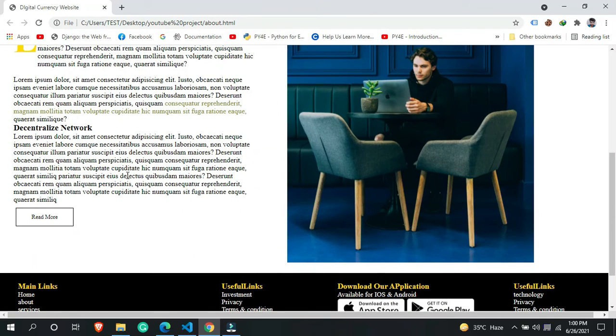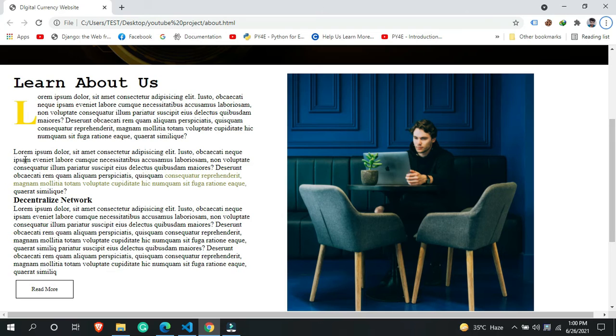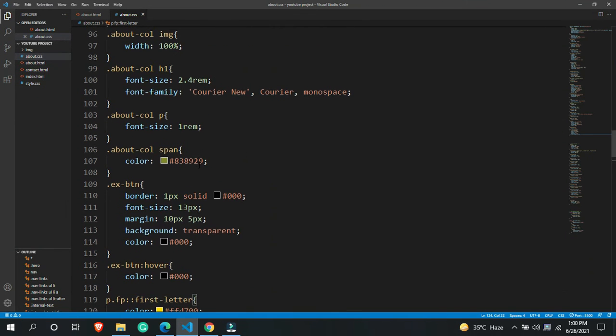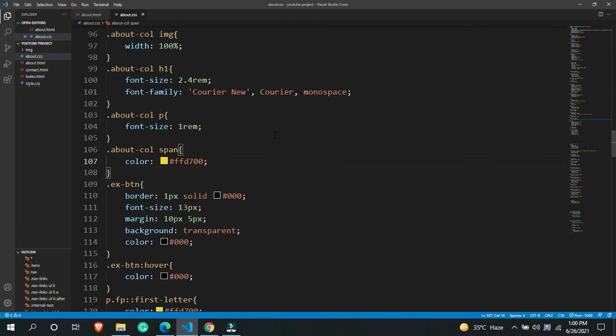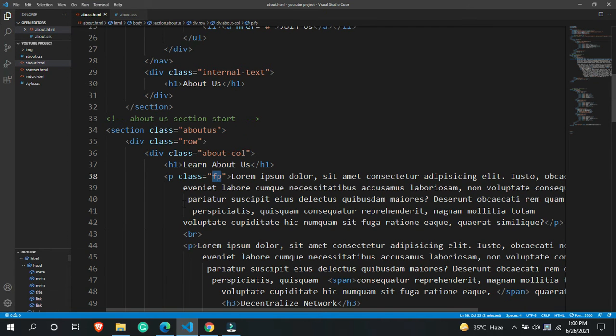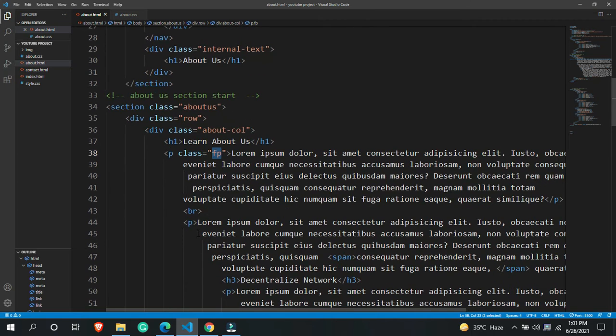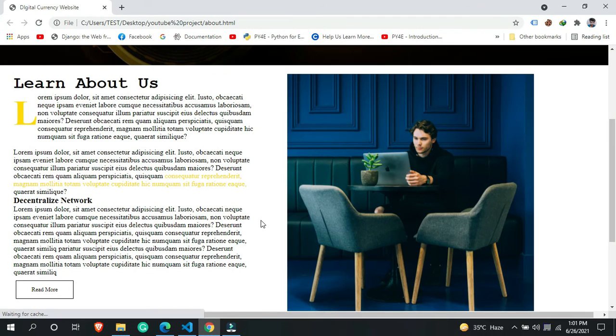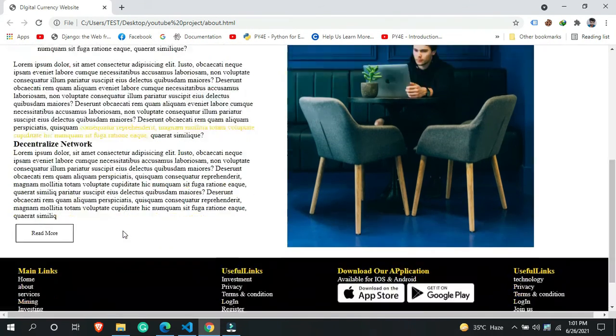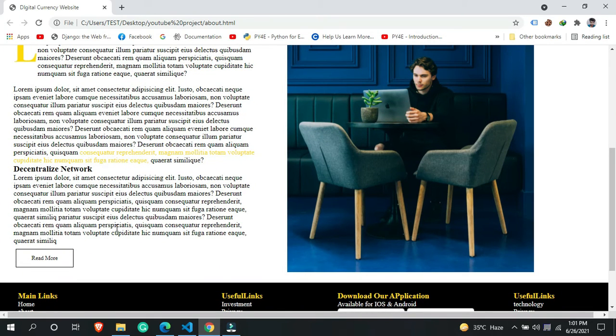So let's say I wanted to add some text over here as well, and I wanted to change the color. I really don't want this color. So if I say hashtag FF, if I wanted to put the same color on it, then we can easily do that. I also wanted to increase the text, so let's come up over here and replicate some of the text. Let's say I want to replicate this two lines, one, two. After replicating it, here you can see we are going to get our text over here. So that's it.